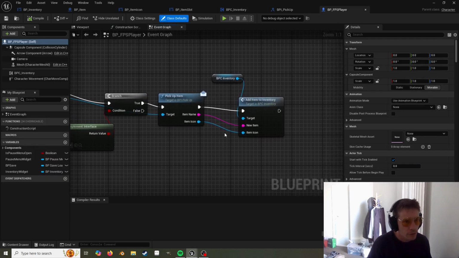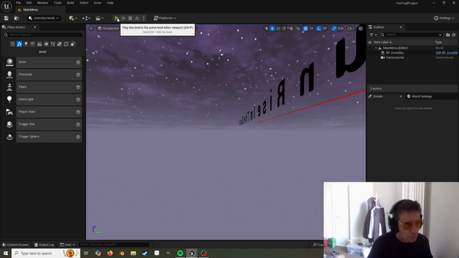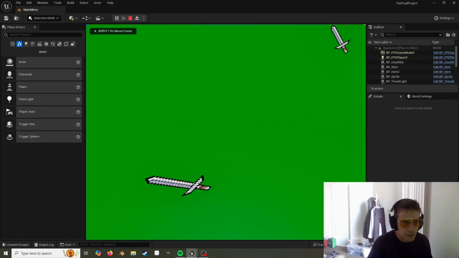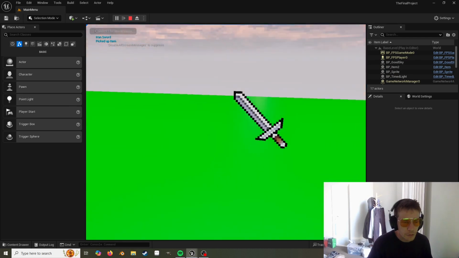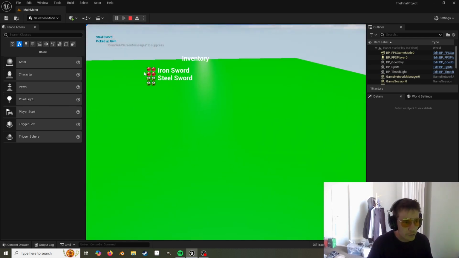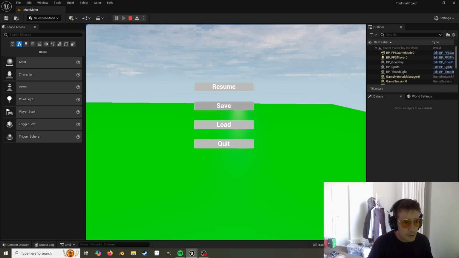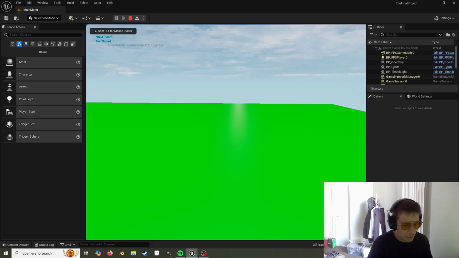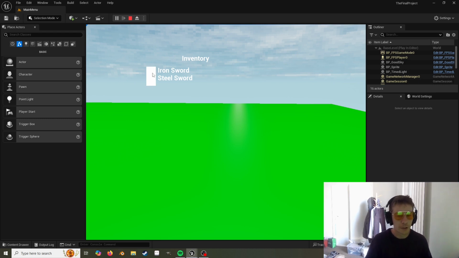I haven't done any save load stuff, which means, if I am correct, we should be able to save and load the items in the inventory, but I think we're going to lose the pictures. They should just be white pictures when they come back. Yeah, they're just blank images, because it doesn't know what image to set it to. So it loads an image, but it loads an empty image. And we have to set what texture these images are. So I think these just need to have their height adjusted to be aligned with the height of the